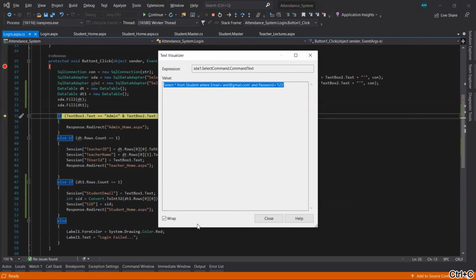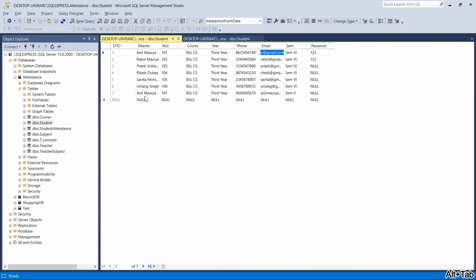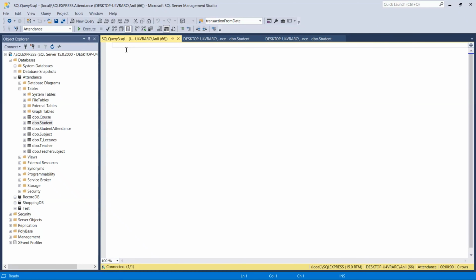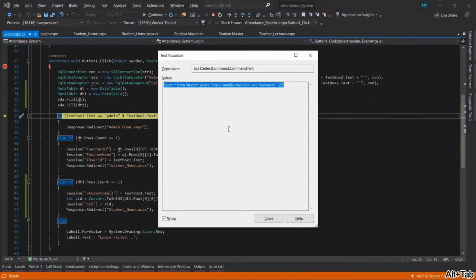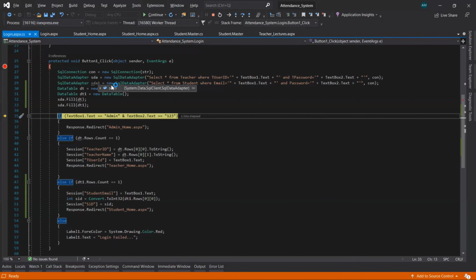Just copy it here, and we are going to execute it here. Here we are getting the records, but why didn't we get the record here on the front end page?